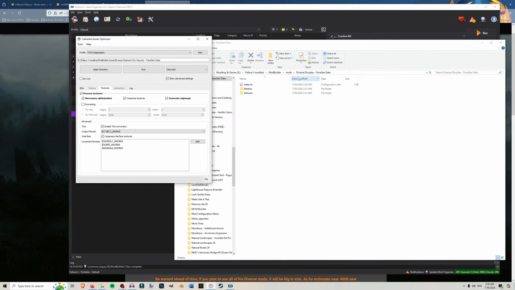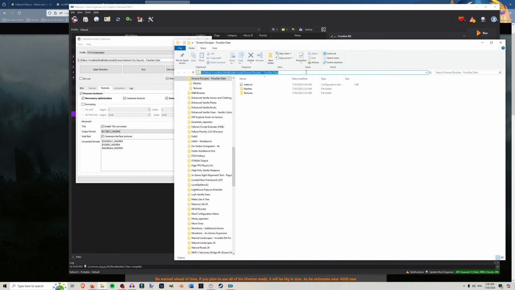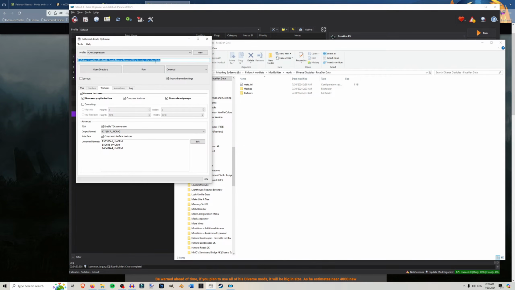And so go over here. If you just click on the bar, it'll come up with the link. Hit copy. Come up here. Paste that in, hit run. What this is going to do is compress the files. This is the way I was recommended to do it, and it works really well for getting size down, because